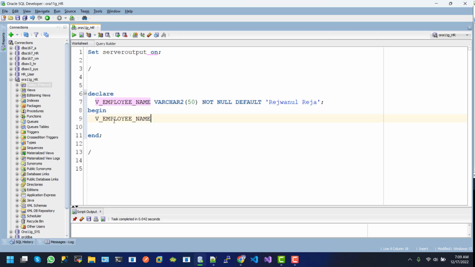So this is our declaration, and now I want to write some statements in the begin and end block. I want to override this default value for the v_employee_name variable. I will give PL/SQL here. Then I want to show the result with DBMS_OUTPUT.PUT_LINE, and inside the statement I want to print